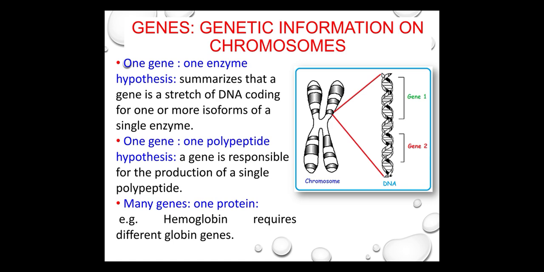Okay. So your genes are your genetic informations. One gene or one enzyme hypothesis summarizes that all genes are a stretch of DNA coding for one or more isoforms of a single enzyme. One gene, one polypeptide hypothesis. A gene is responsible for the production of a single polypeptide, and many genes are one protein. Example is your hemoglobin requires different